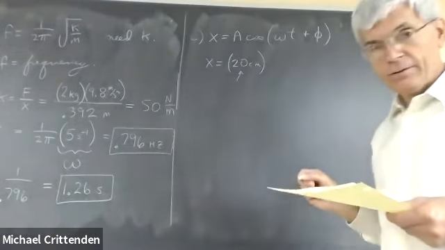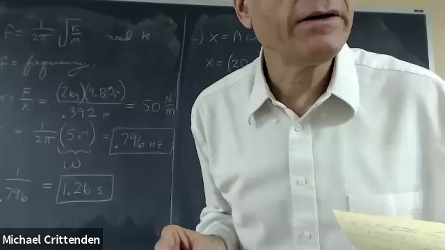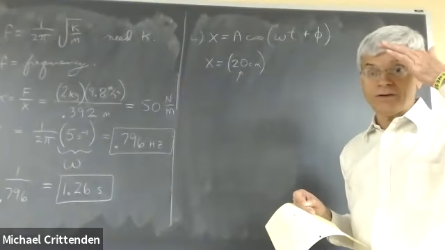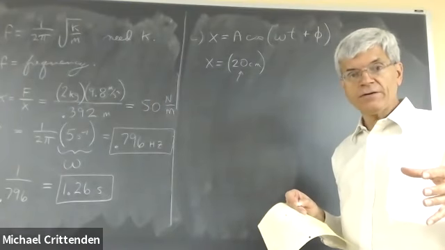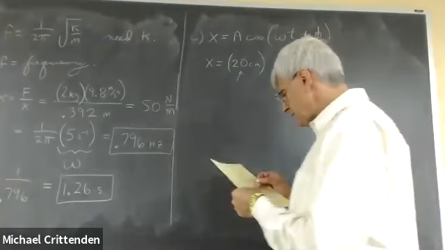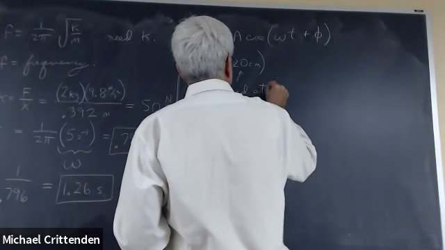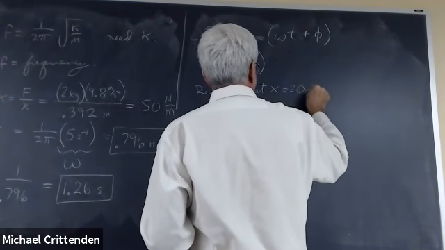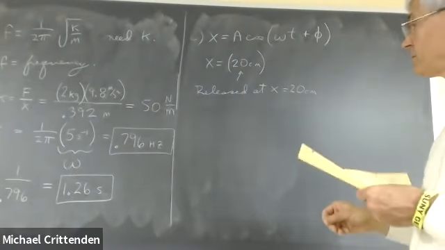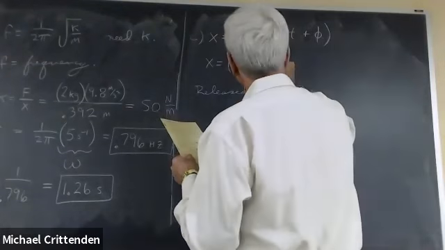I know that the amplitude is 20 centimeters because it says it was displaced 20 centimeters, then released. Amplitude means the maximum displacement. And if you release it from rest, the place where you did that is as far from equilibrium as it's ever going to get. So that's how I know the amplitude is from that part of the question there, where it says it was released at x equals 20. So A equals 20 times the cosine of